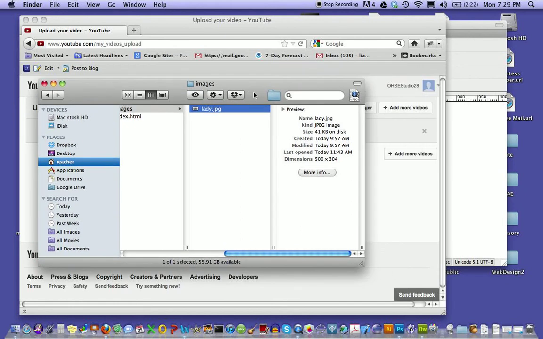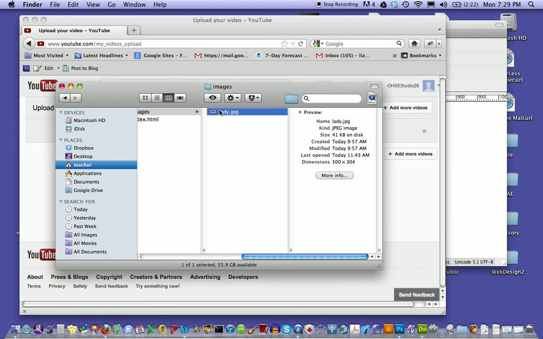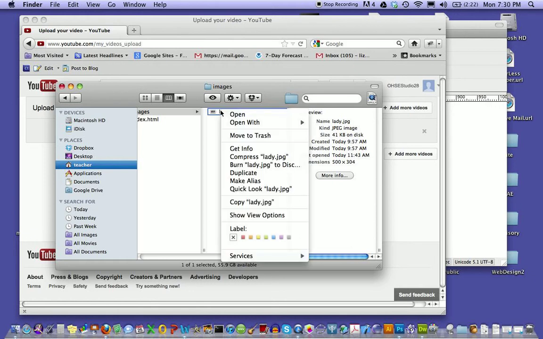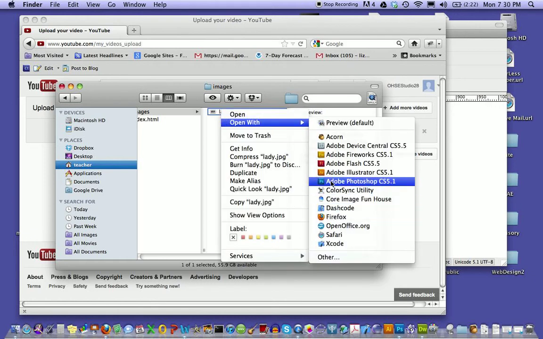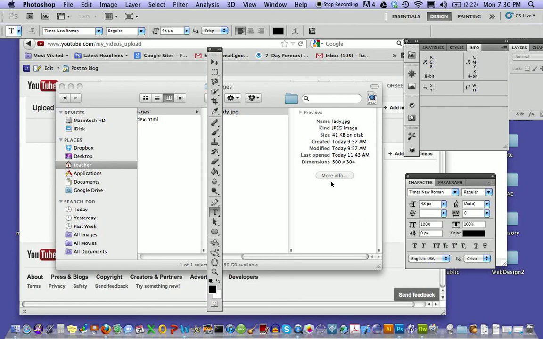Now this is where Photoshop comes into play, because for the most part the images that you find on the web are going to be really big. So you're going to want to right click and open with Adobe Photoshop. Okay? This is how Adobe Photoshop and Adobe Dreamweaver interplay with each other,